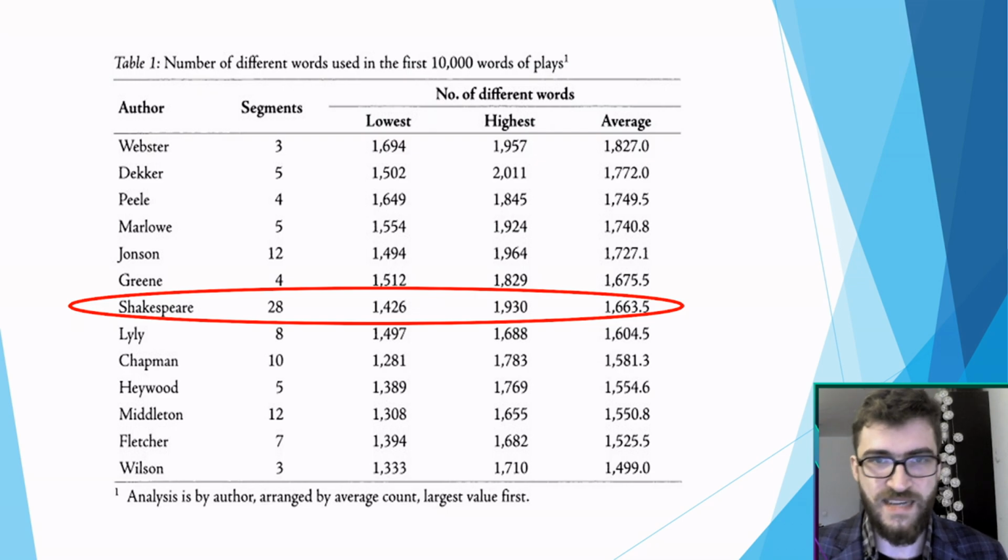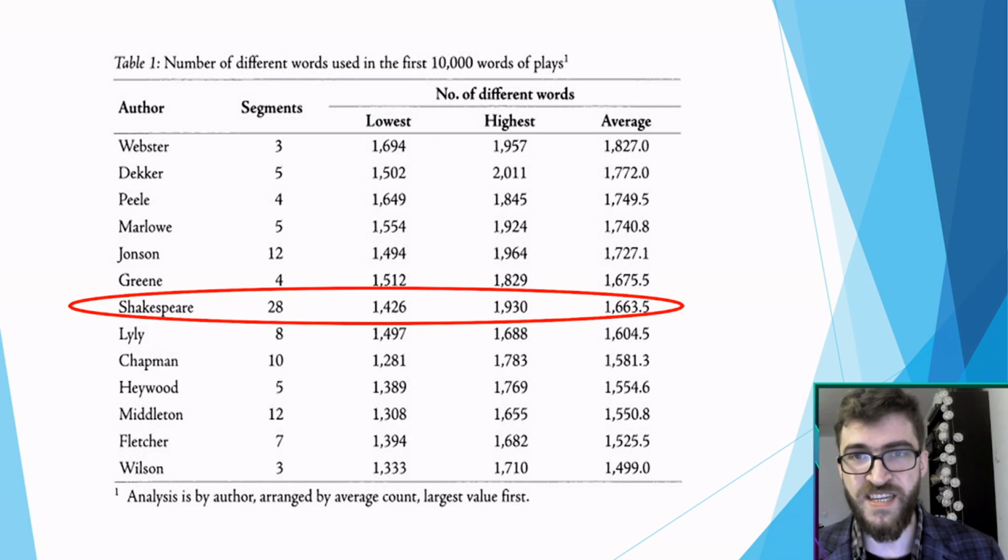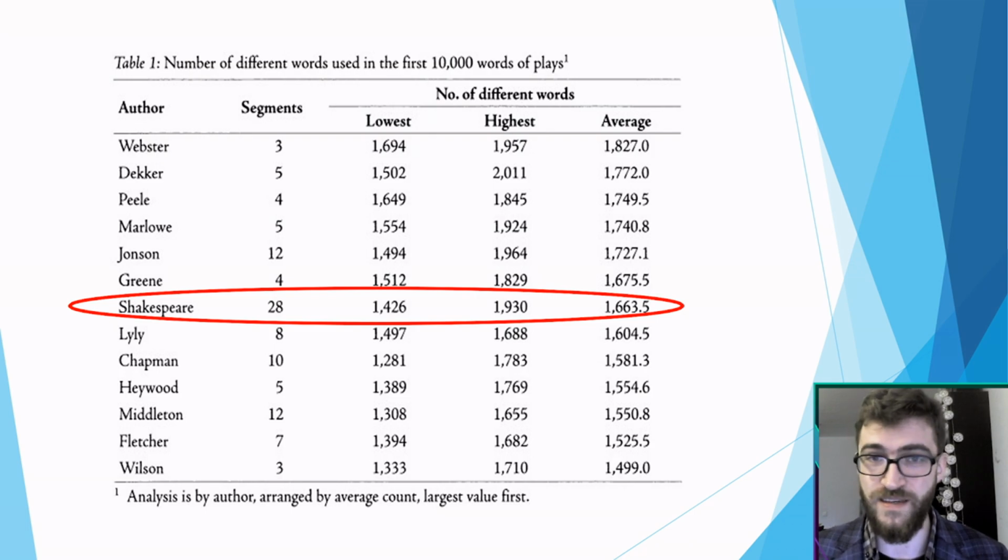So this study took samples of 10,000 words from the plays of Shakespeare, essentially looking at the first 10,000 words of plays of all those playwrights from the Shakespearean period. And this study then compared and tried to rank those authors given their average numbers of unique words per 10,000 running words in the corpus. What happened is that Shakespeare got severely deranked here. It turns out that the most unique vocabulary was actually exhibited by Webster, followed by Dekker, Peele, Marlowe, and Jonson. And Shakespeare ranks seventh, not the first on the list, which basically does deal with this particular myth